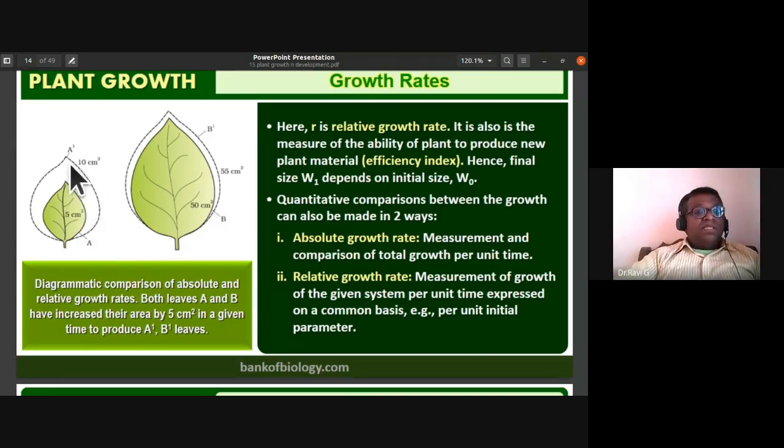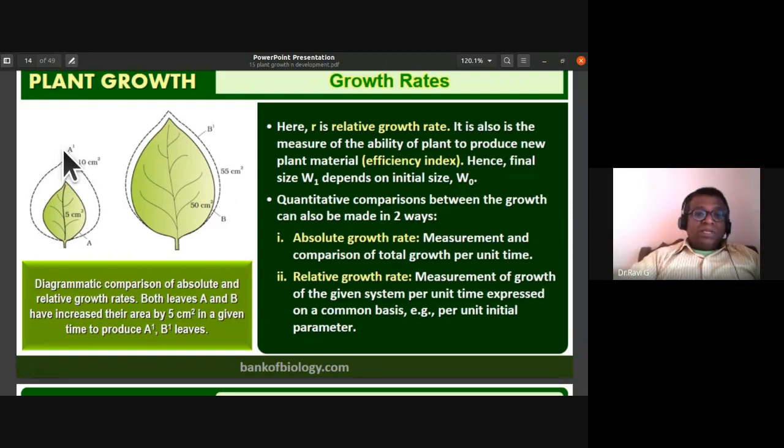See, you have found here the surface area increased by 5 centimeter square, where the leaf doubled up. Whereas here, when they added 5 centimeter square, the surface area increase was very less because 50 centimeter square is already a larger area, so the growth is seen as very less. But here the growth is very high because it has doubled from 5 centimeter square to 10 centimeter square. For a 50 centimeter square, an additional 5 centimeter square is very less. So this is the comparison of absolute and relative growths.